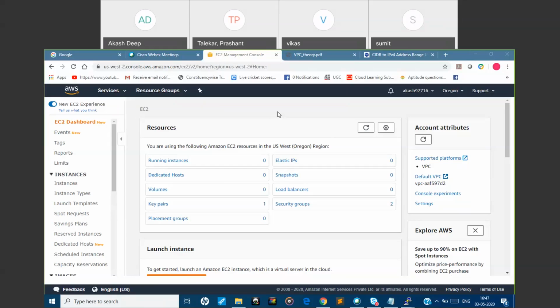For the Associate, it purely depends on your experience, like how many different architectures you have seen. More questions will be on your experience, and this is a good place, because we are covering everything here for the Associate.